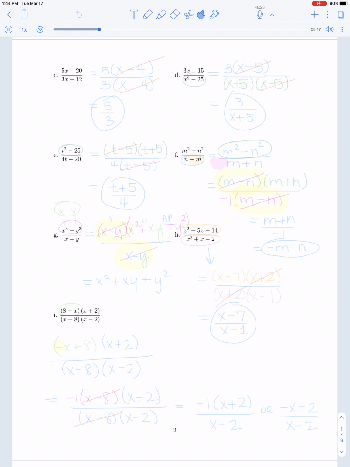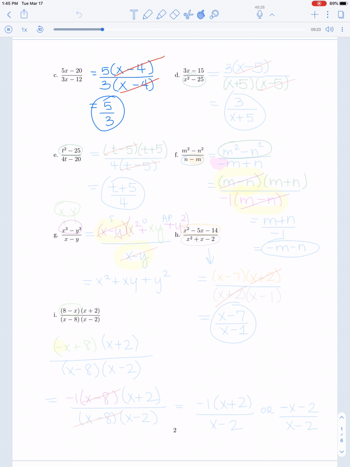So if we look at the top, we can factor out a common factor of 5 as a greatest common factor, which would leave us with x minus 4 on top. And on the bottom, we can factor out a greatest common factor of 3, which leaves us with also an x minus 4 on the bottom. Now we can see that we have a common factor of x minus 4 on both the top and the bottom. This, because they are identical, can be canceled out, which leaves us with our final answer of